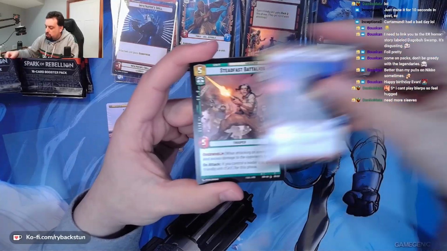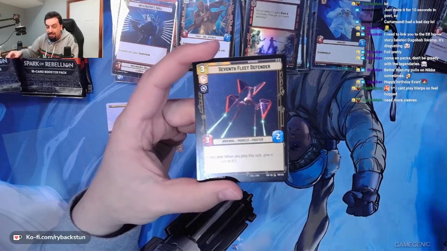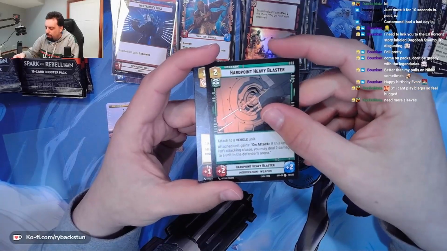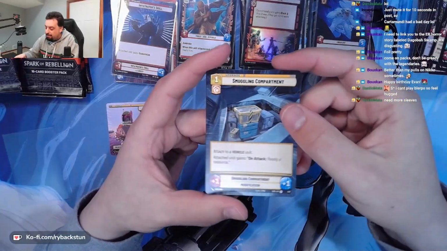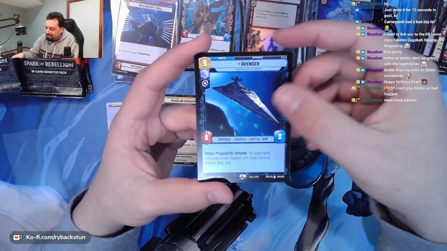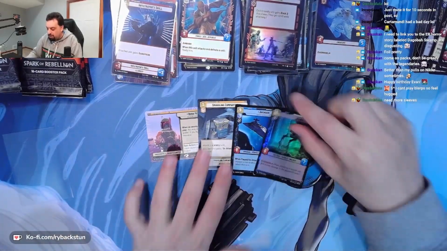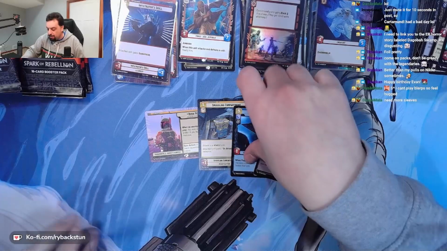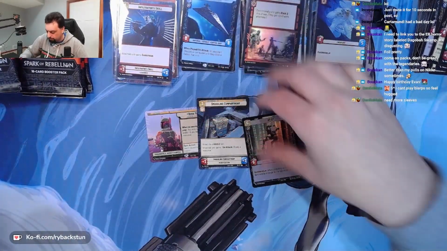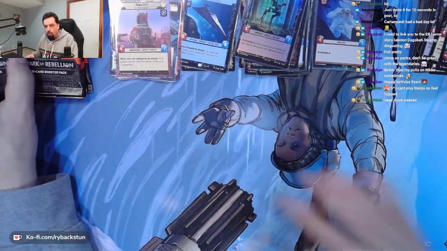Cloud City Wingguard, Spec Force Soldier, Steadfast Battalion, Cargo Juggernaut, Keep Fighting, ATST, 7th Fleet Defender, Frontier ATRT, another Bosk, another Hardpoint Heavy Blaster. This time we got a Hyperspace Smuggling Compartment. Nice. A Legendary Avenger and a Foil ATST. So that's another pretty good pack. 2 Hyperspaces and the Legendary. Now I don't need to get another one of these, although I probably will eventually try to. We'll go through individually on these and try to get a picture of the whole plate before I move on